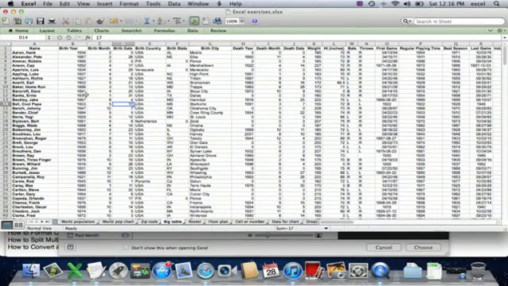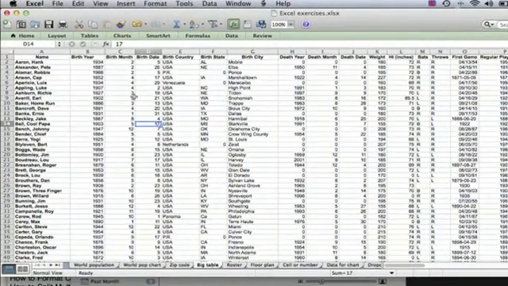So I have a spreadsheet. It's a very big spreadsheet that I found that has a lot of information on all the members of the Baseball Hall of Fame. And let's just scroll around a little and I'll show you the problem that you encounter